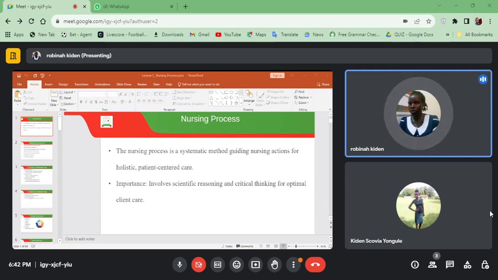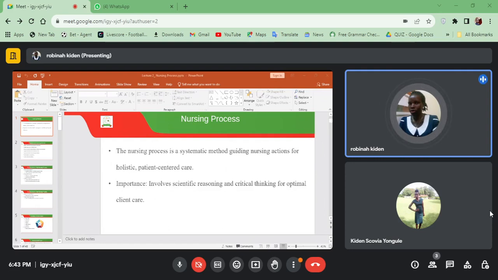It's not a matter of doing what the doctor has instructed us to do. For instance, administering medication, and you only concentrate on doing that. So it involves thinking outside the box. So the purpose of the nursing process is to identify clients' health status and needs, that is assessment,